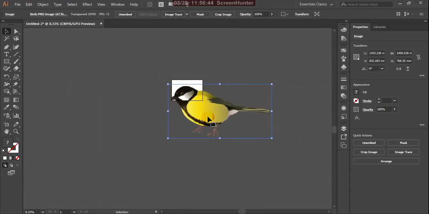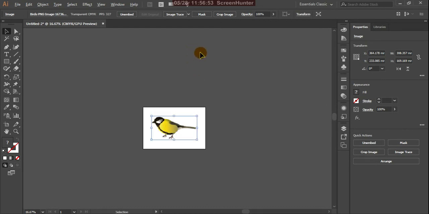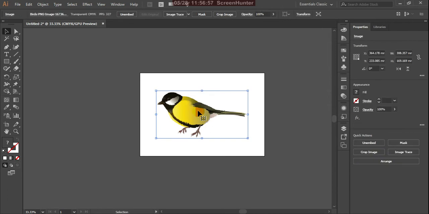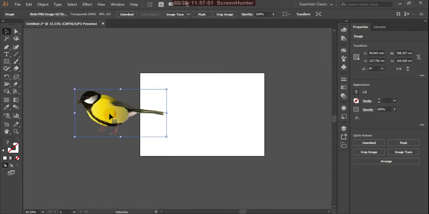You can make it small, and if you observe here, there is no cross mark on that picture. That means you directly open the picture in the Illustrator environment.